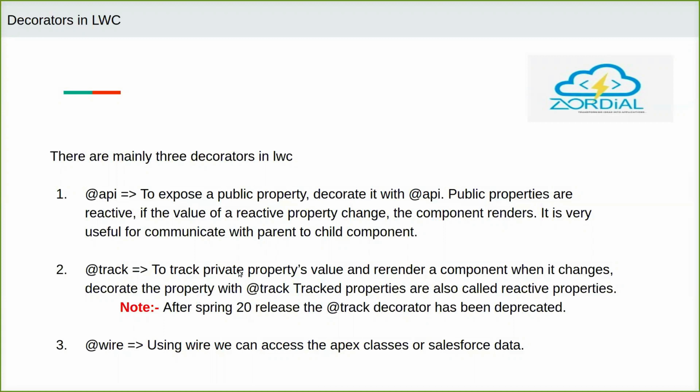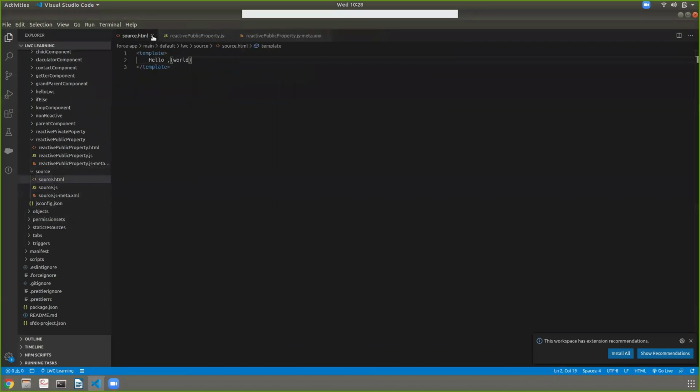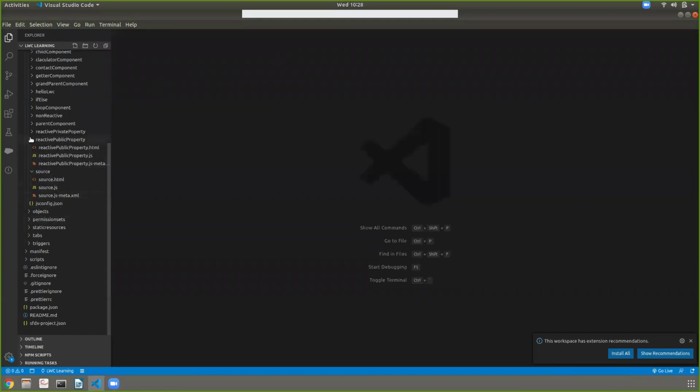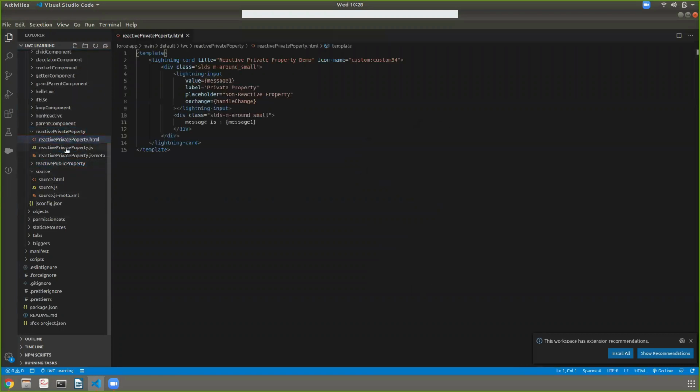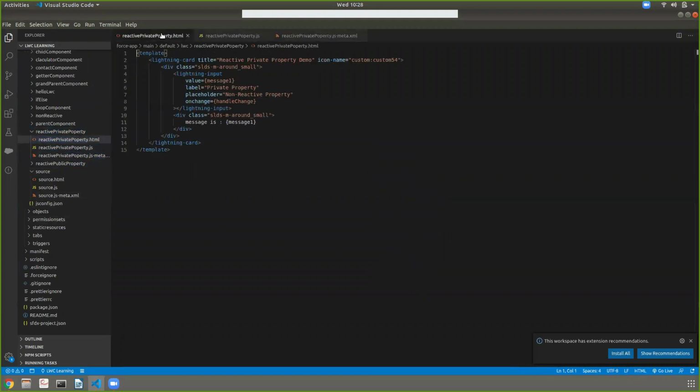So let me display the example. Close this previous file so that you can easily understand the things. This is a reactive private property, and this is the HTML file.